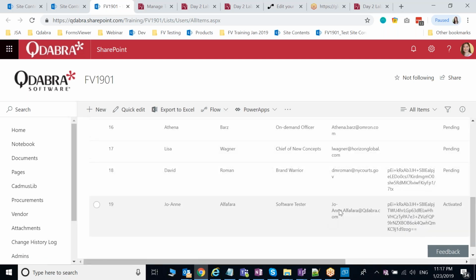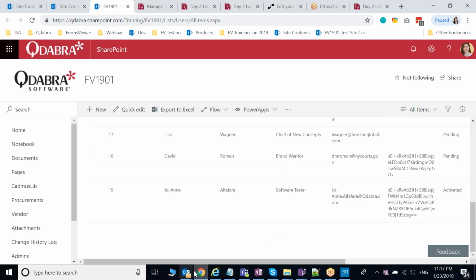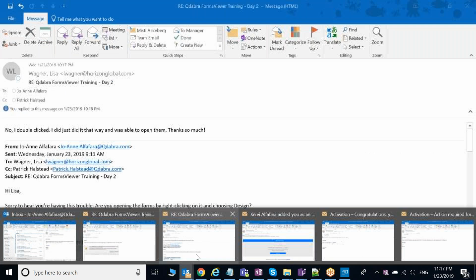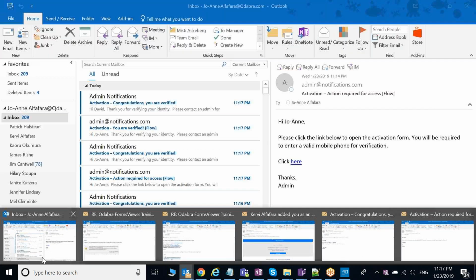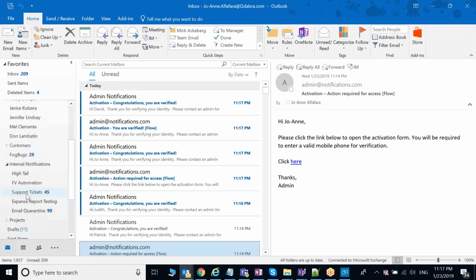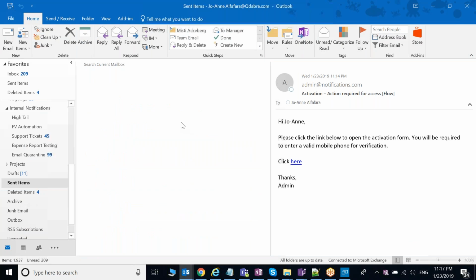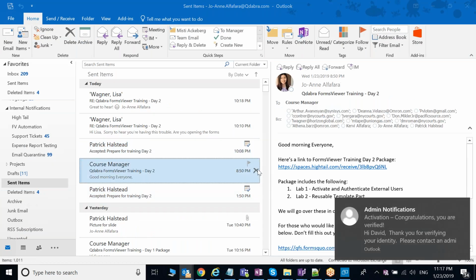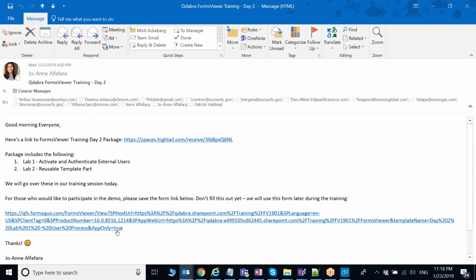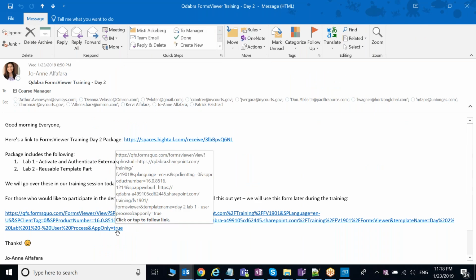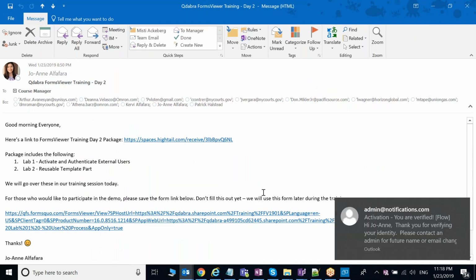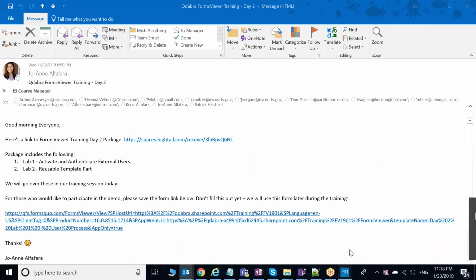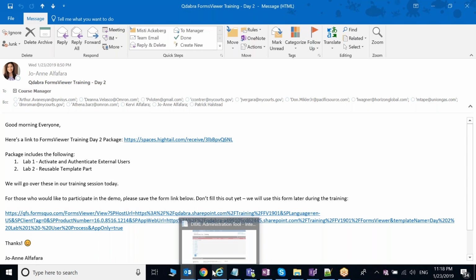So after your account is activated, if you receive that email that we sent you earlier, just grab that. The email that we sent you with the package. This is the link with app only equals true, meaning that you can access our internal SharePoint site even though you don't have login credentials to our site. So if you click on that,